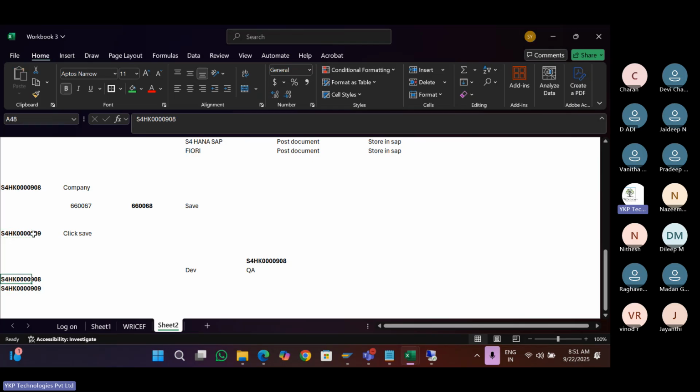So then what it will do, it will be the second TR when you move to QA. First time when you moved, the existing changes will move. Second TR when you move, the second TR will override the existing configuration 667 to 668. Whatever the changes you wanted, those changes will be overridden by the next TR. If suppose you move first this one and second this, it means you will be having your old TR only,